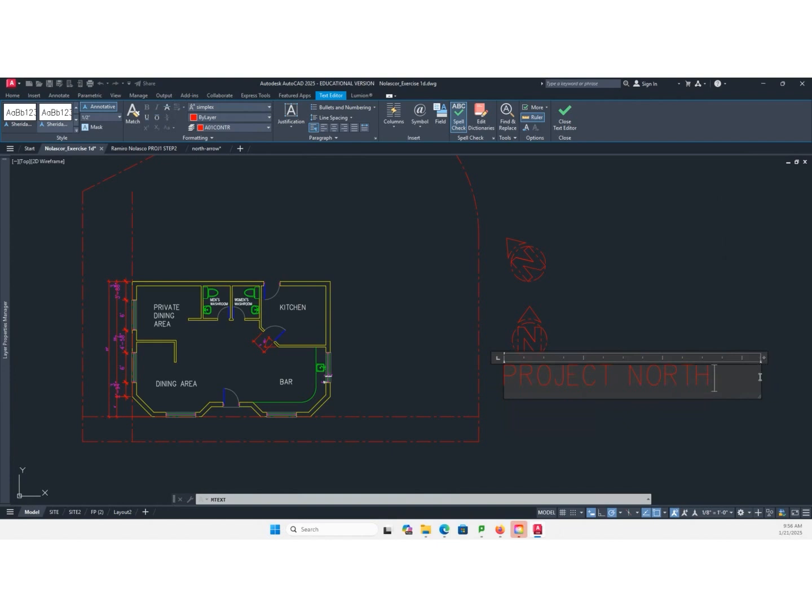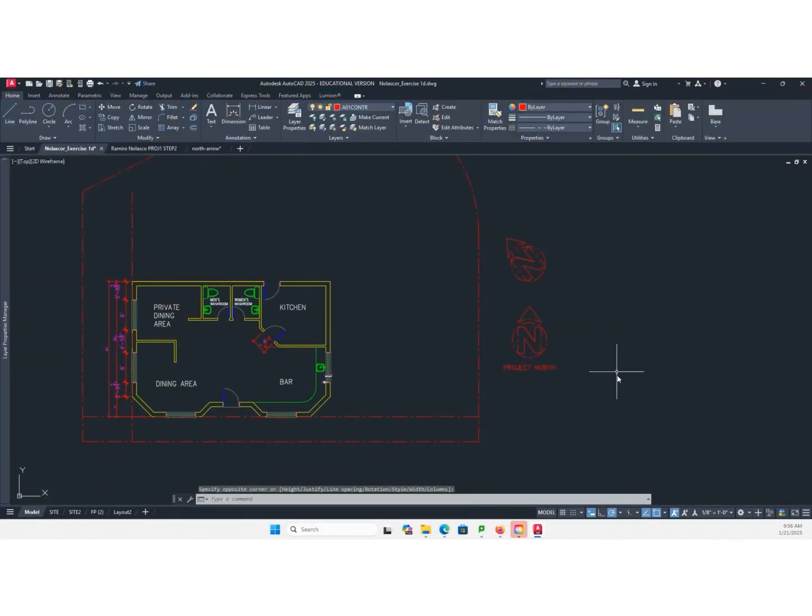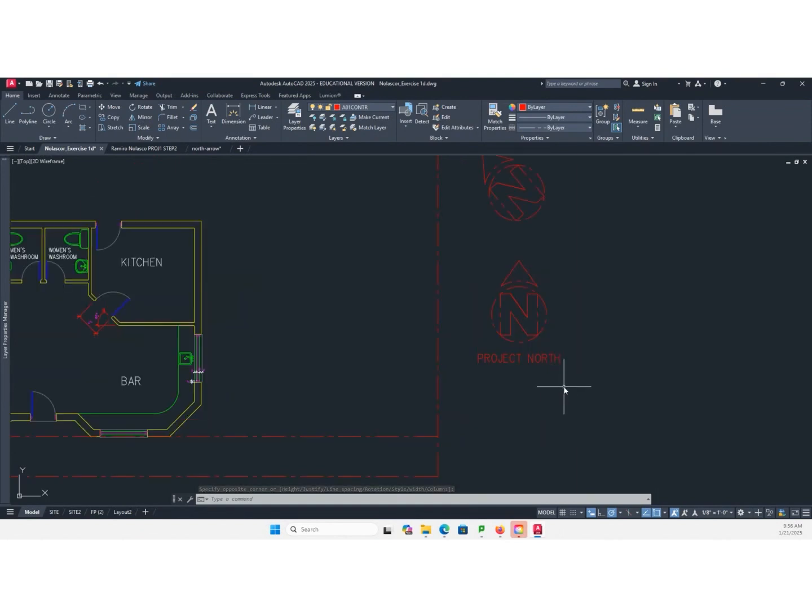I think large is too big. So you can select this and change it here, from large to maybe medium. Okay. Medium. Click outside. So that's your Project North. Place it in the middle. Copy that.